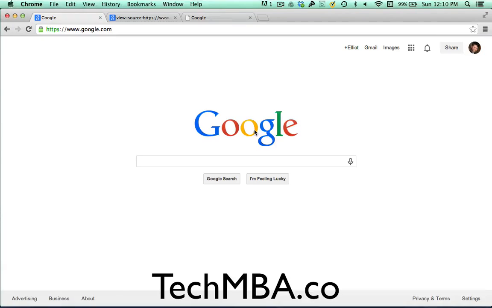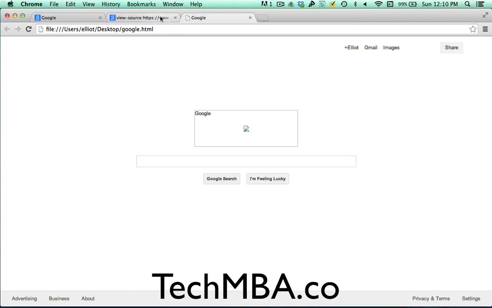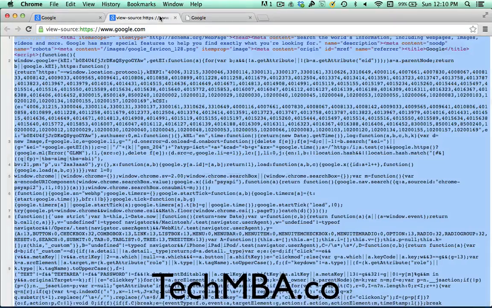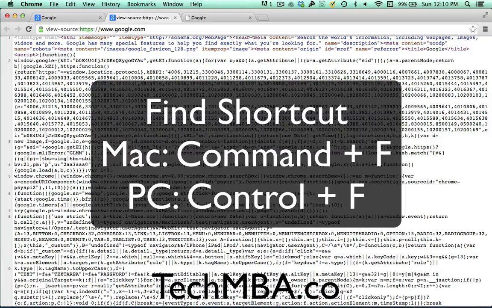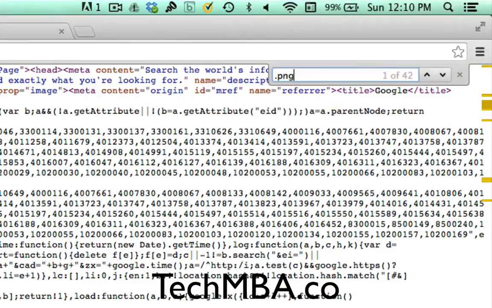Now there are a couple differences. We notice that the images aren't showing up, so to get those images, and Google's is a little bit more complicated, so we won't go through every step today. But images have different types of extensions. .png is a very common one, and for the Google